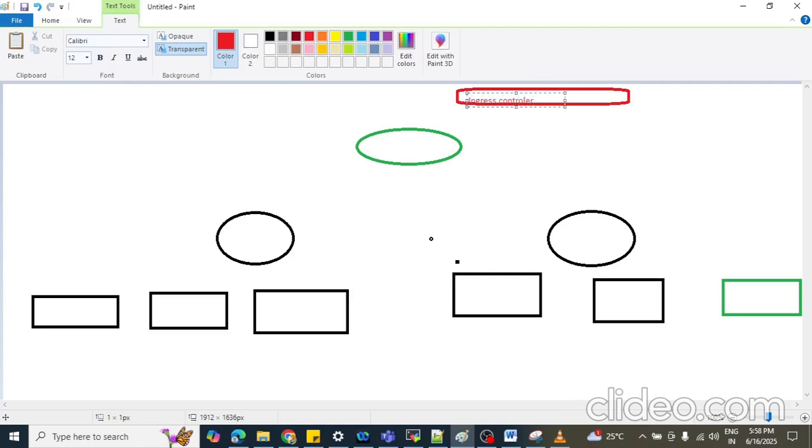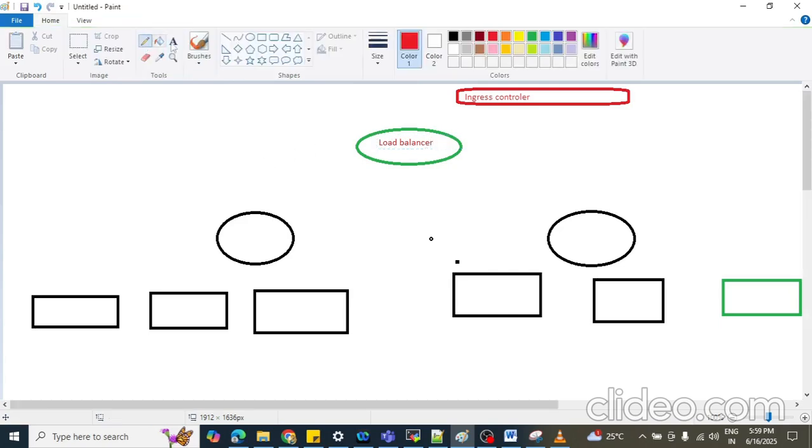I will explain the ingress controller concept in my next video. Okay, and this is your load balancer. So the load balancer will send traffic here and here also.